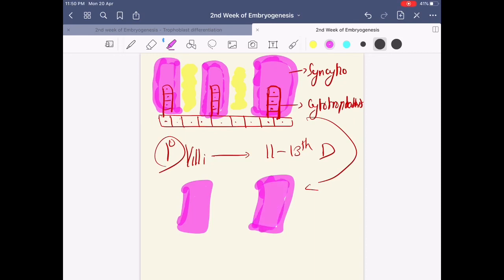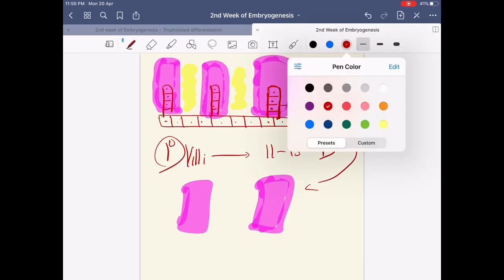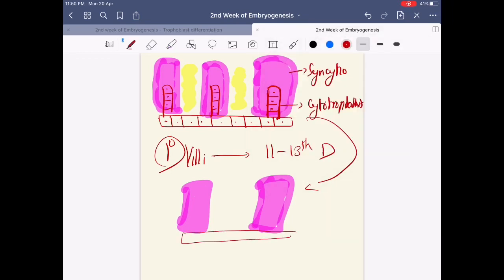So this is your syncytiotrophoblast, and of course you have your cytotrophoblastic cells that are growing into this. I'm just going to represent them by a thick red line, because I'm going to draw something in between. This is actually the cytotrophoblastic cells which have grown into the syncytiotrophoblastic cells. And you have what is beneath the cytotrophoblast. Here you have something else. I'm going to represent it with blue color.